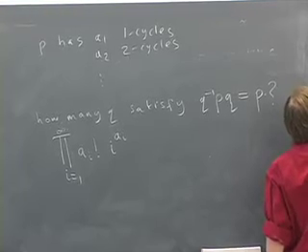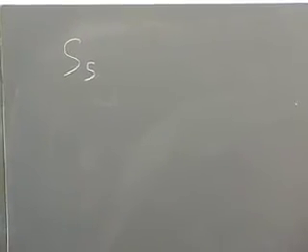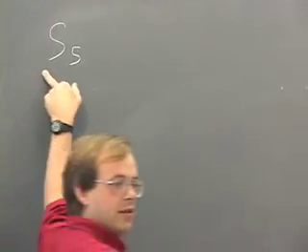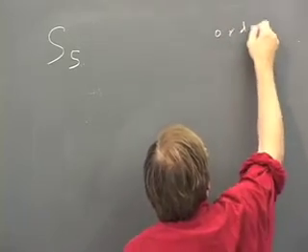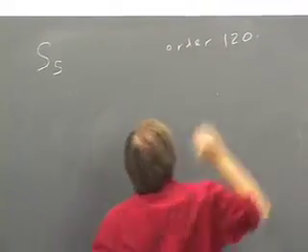Let me actually do a similar exercise. So let me look at the symmetric group on 5 letters. How many elements does this have? 5 factorial order, so order 120. So